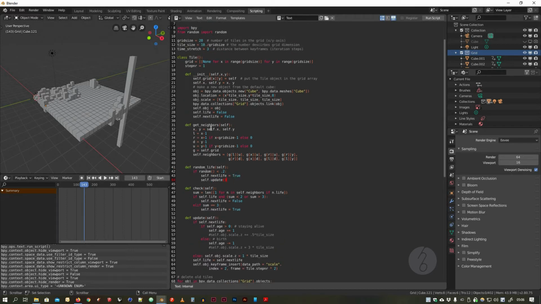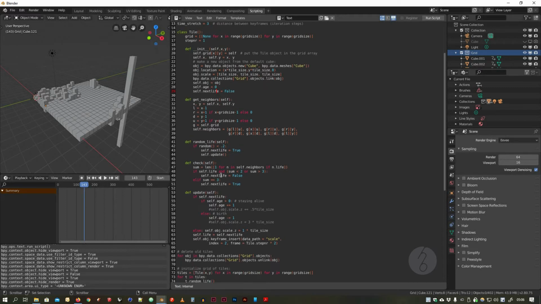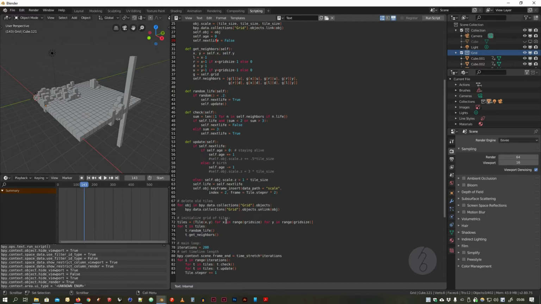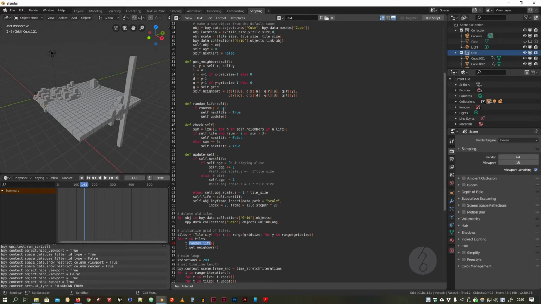So instead of saying self.life, when we initialize it, we say self.age equals 0, and then we set it up. We set up the random life. If random, self.next_life equals true. Let's say self.age equals